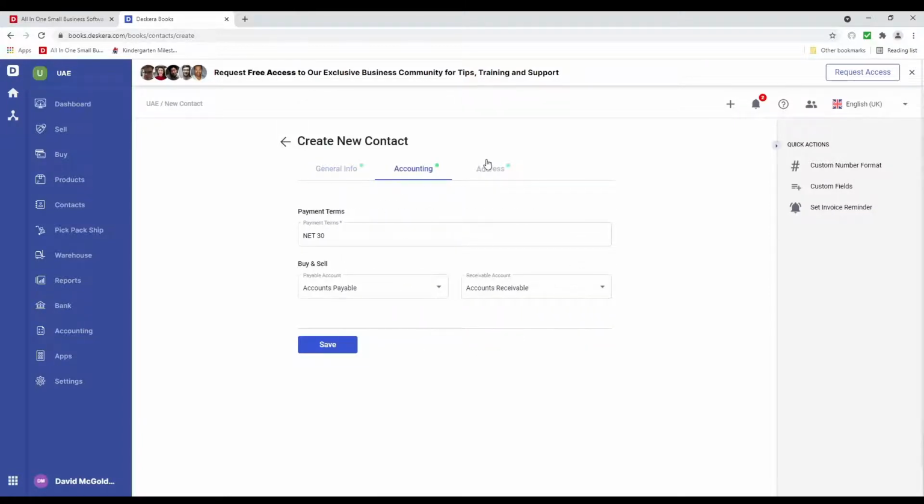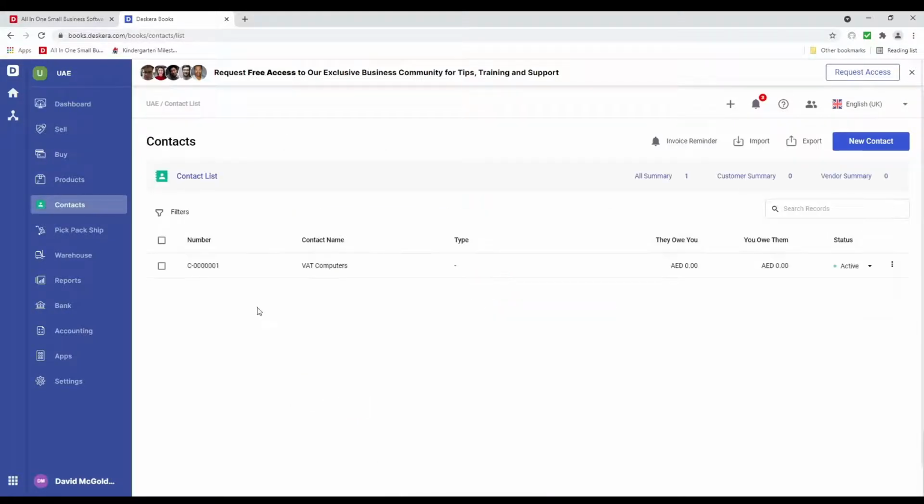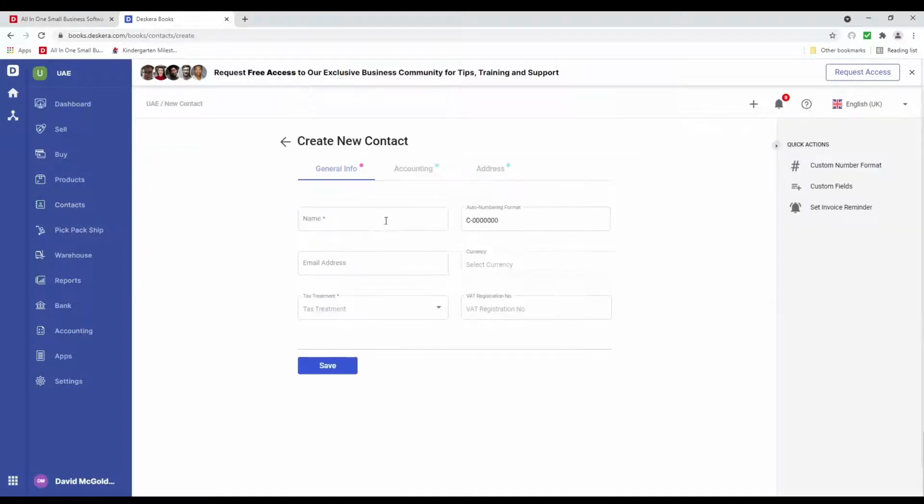Under accounting, I can update the information, and then I can input the address. And then I can save. Now you can see our contact has been created. Let's create one more contact. Let's name it India